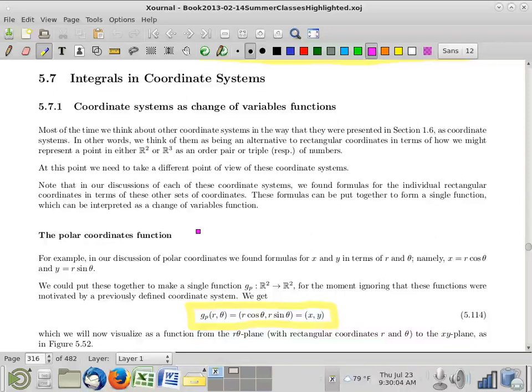Okay, time to get started. So, new topic today. We're going to talk about integrals and different coordinate systems. Now, this is actually an application of change of variables, and it's not always presented this way. I like to present this topic in this way because I think it's easier, really, ultimately, but it has different